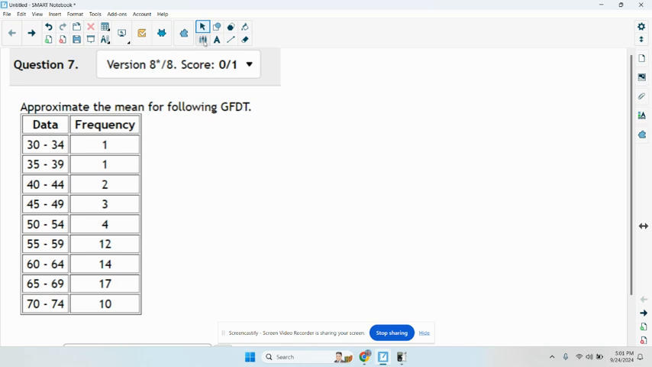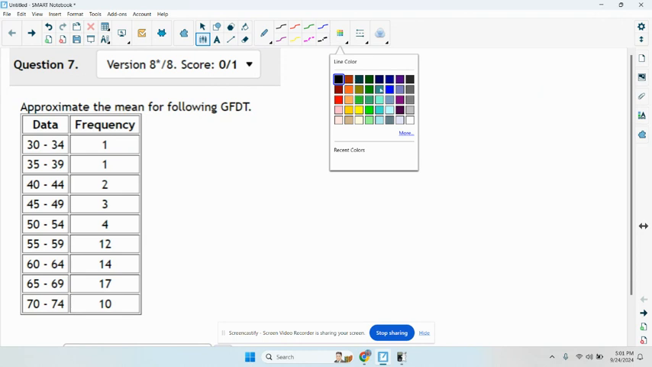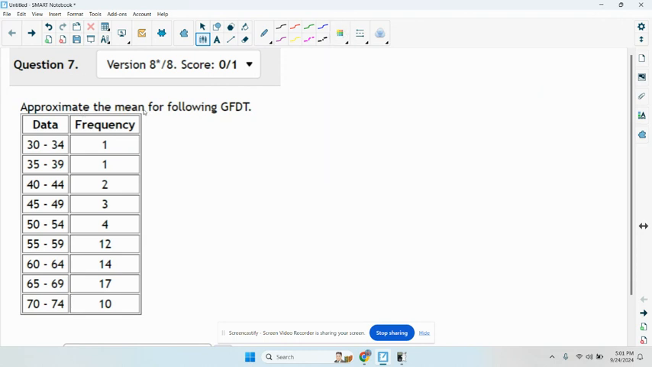Okay, so this says it wants us to approximate the mean for the following group frequency distribution table. So this is telling us that we have one value between 30 and 34, one value between 35 and 39, and so on and so forth. When data is given to you in a frequency table like this, and each class is some interval like this,